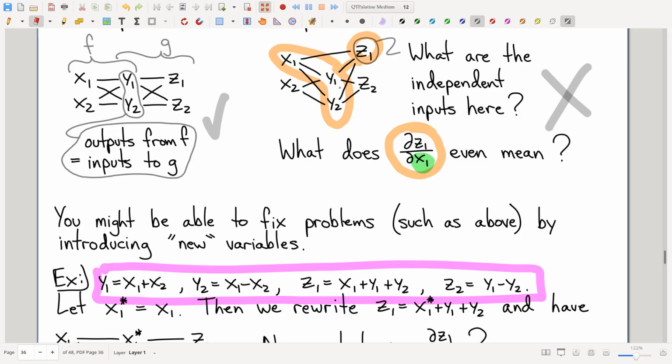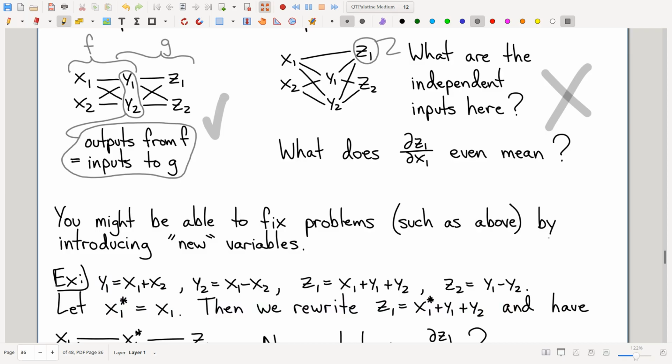So it's not clear what's going on here. We cannot apply a chain rule to this as we have things set up. Okay, so let me show you how to fix it. It's an easy fix, certainly in this case, and I don't want to generalize this, but